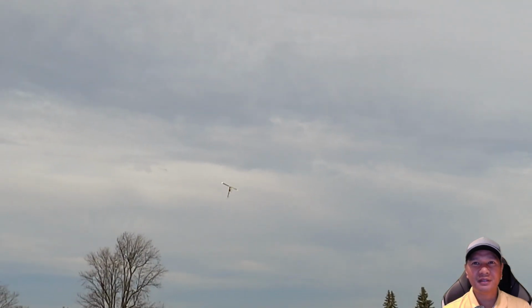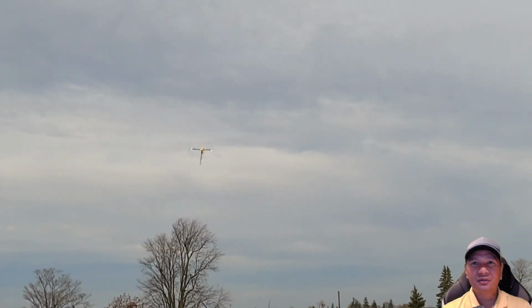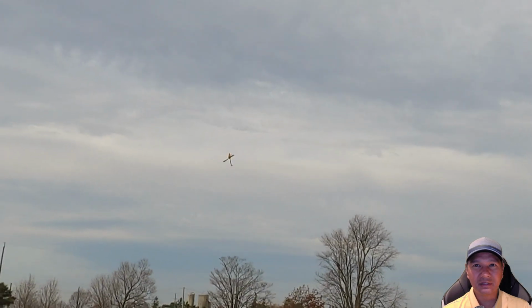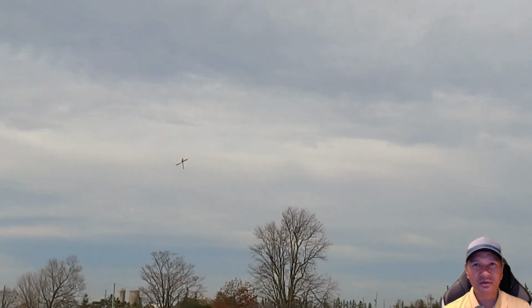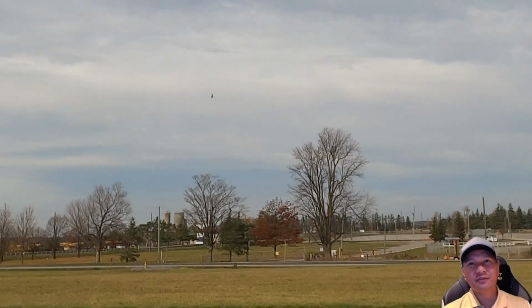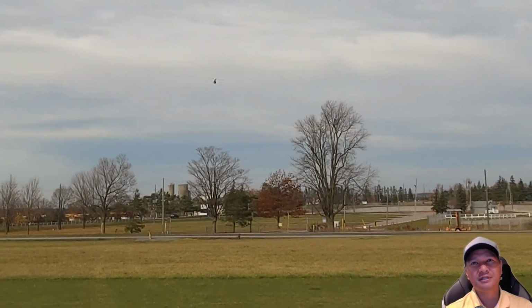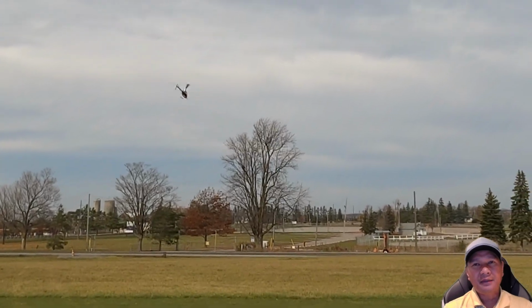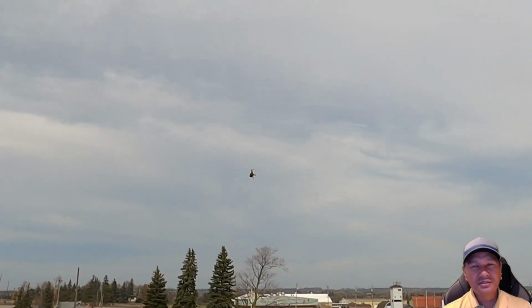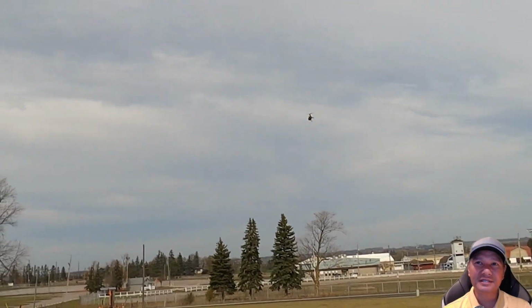we're keeping the altitude up. It is kind of drifting away from me, but the wind is pretty gusty, so part of that is definitely the wind. The other part is I believe it's my input for sure, but I also think that it might be a setting thing,